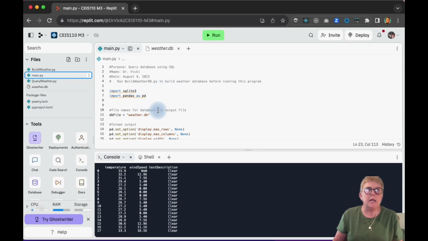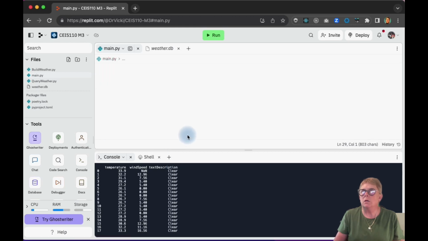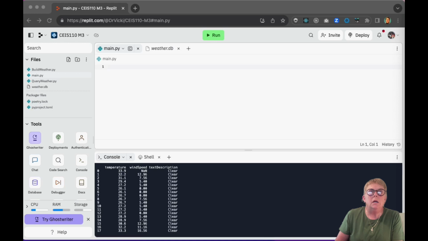Now we have back to blank where it's number 1. We're going to replace it with the code in your Replit instructions for Module 5. Copy it, paste it, go back up, change your name,